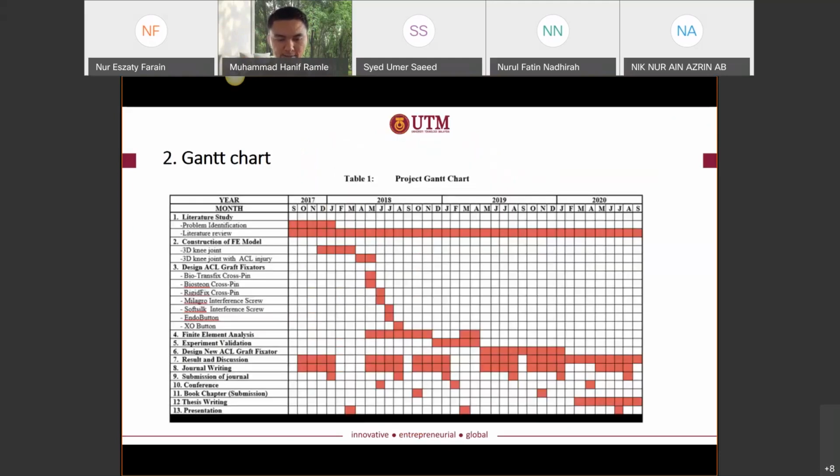So this is an example of a Gantt chart. You have to put the year, and then you have to put the specific month like this, because at the end of the day the panel will check: is it relevant or not? Is the time enough for the method or not? For example, you make it specific, the work or action that you want to do in your study until presentation. So you plan yourself.